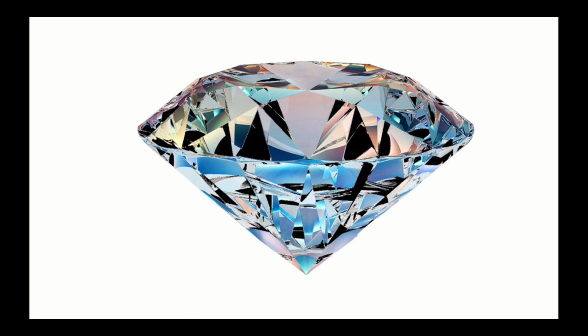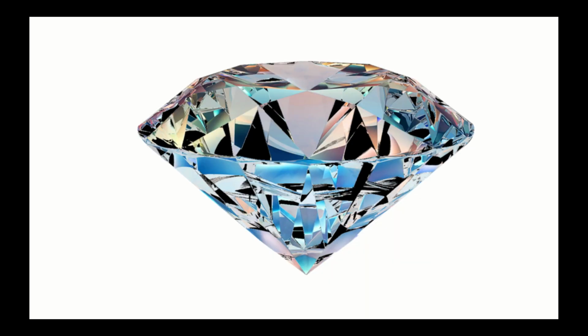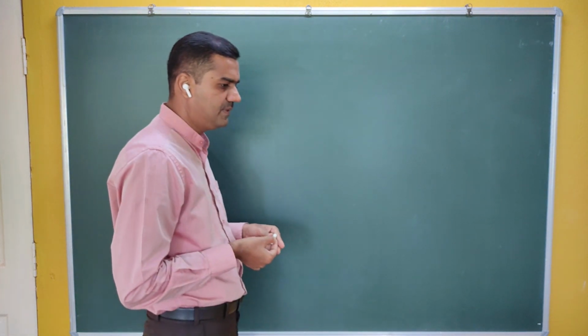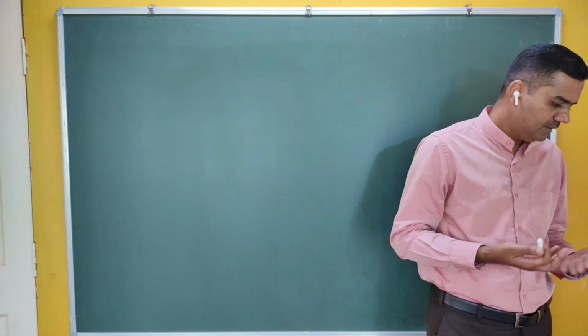But you can see here, it also depends on the proper cutting of the diamond. If you cut the diamonds suitably, multiple total internal reflections can be made to occur, which gives rise to this brilliant appearance of the diamond. So now this is one more application of total internal reflection. Okay, so next is the prism. Again, you can see how the prism acts.